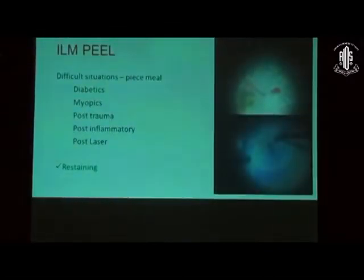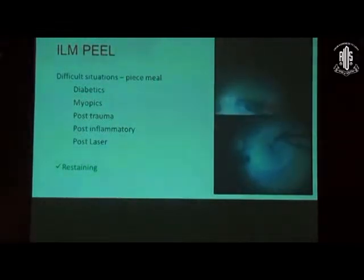And ILM peel may be difficult, or it comes in piecemeal in certain scenarios. Like in a diabetic vitrectomy, if you can see there is a prolif over the disc. Sometimes it becomes very important to remove the prolif over the disc. Most of the time we leave it because of the worry of bleeding, but it's very important to remove this if there is a traction on the ILM. And in myopics, because of the schisis, the peel becomes difficult, and post-trauma or post-inflammatory or